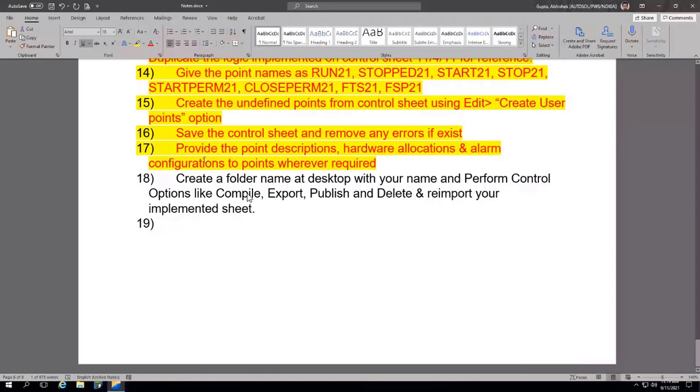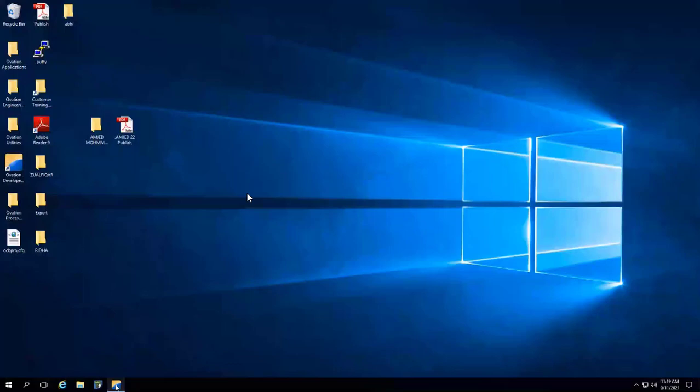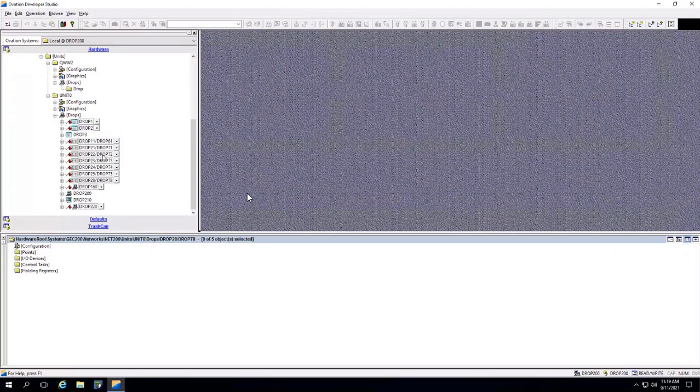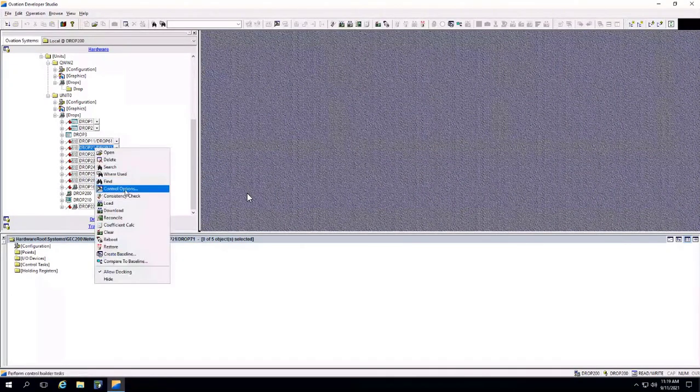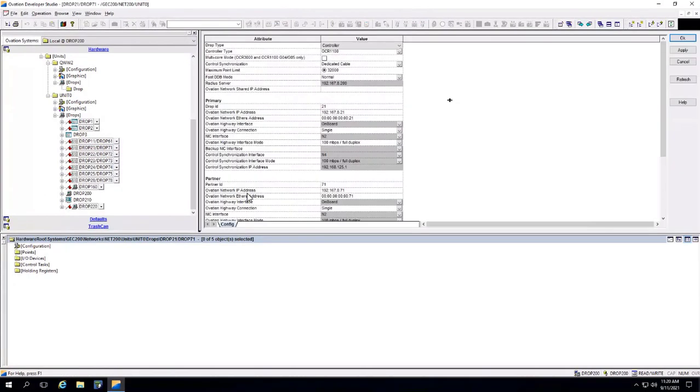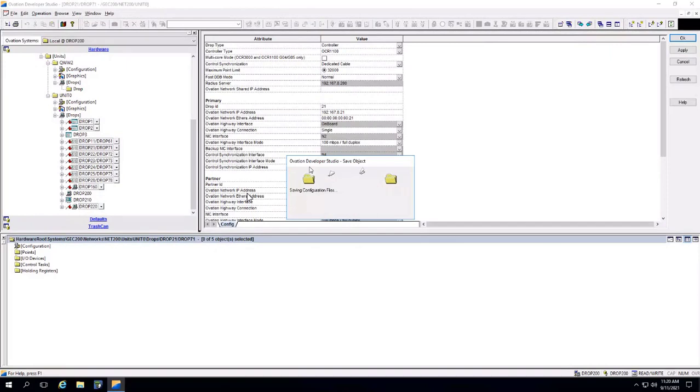So now, as I said, there were certain requirements from you. I told you that on day 6, I will be taking some of the filtering mechanism, the search operations. Now see how to do that. Perform a right click on your drop and control options is the thing that you'll be doing today. I will be taking this option in a very speedy manner, so I want you to travel with me. Right click and open. Already know the very first option to open any window. Do the necessary things, press OK. OK means save the changes and exit the window.